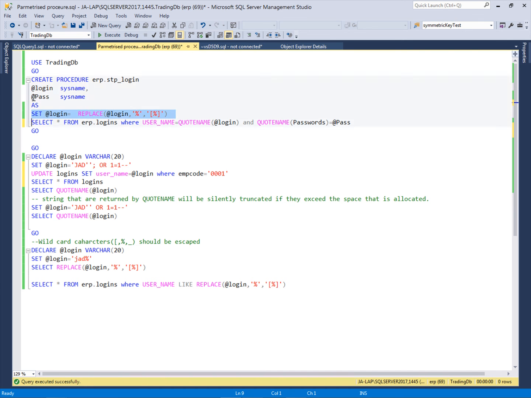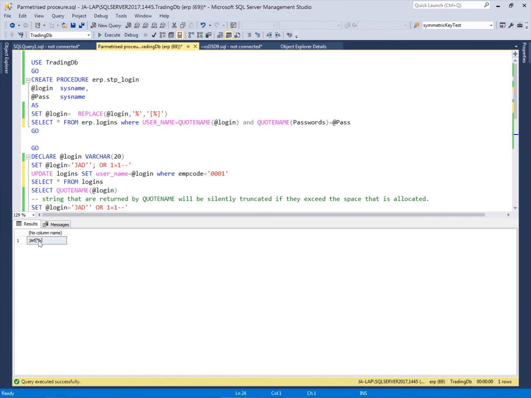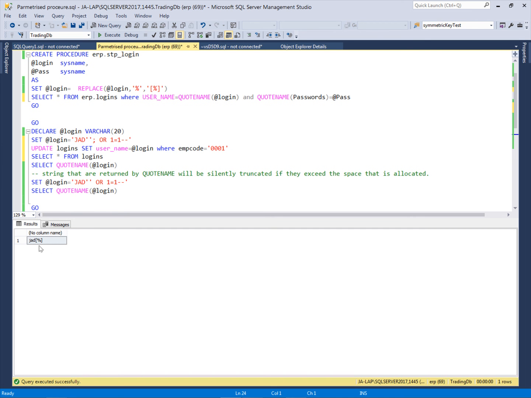After that, we have to validate these parameters. For escape sequences and some of these wild characters, we have to use a built-in function like the replace function. If the user enters something like a percentage sign with the login name, we have to replace this percentage sign with the replace function, so that it does not behave incorrectly. Like the percentage sign, if we use it with a string, it will bring all the data from the table starting with JED. So we have to use this replace function to make it a valid string,